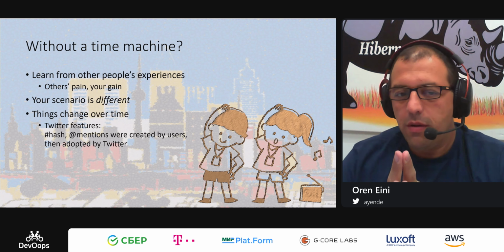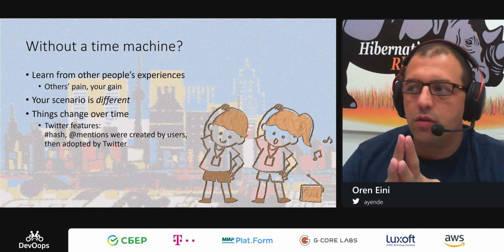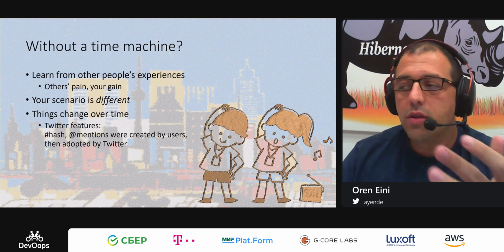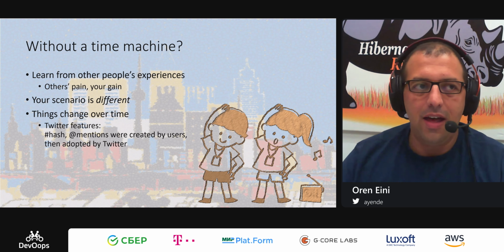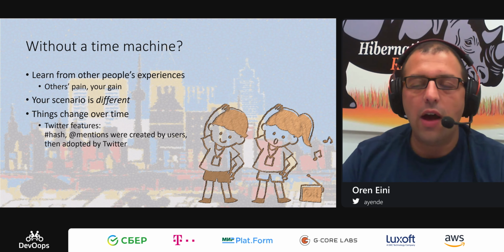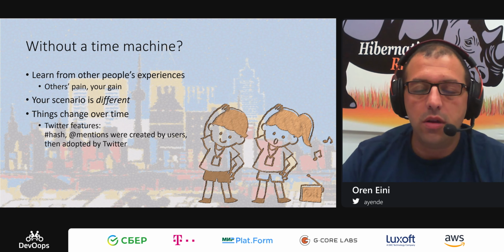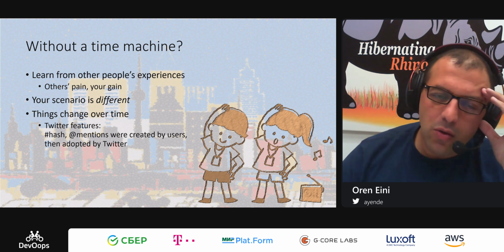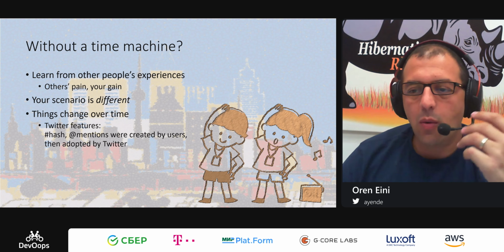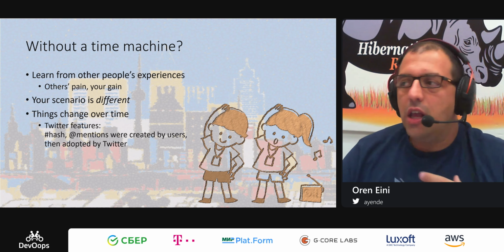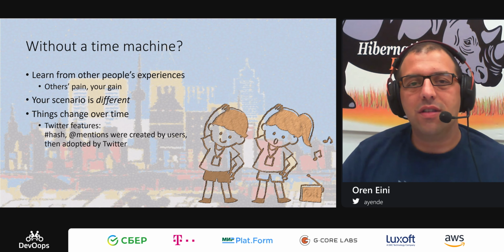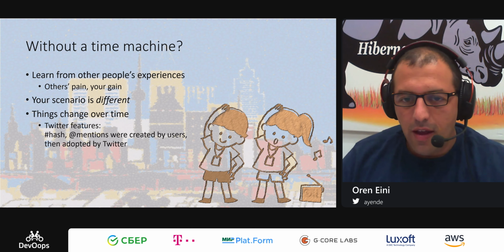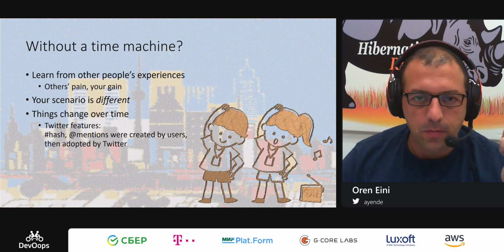In Twitter, for example, both hashes and mentions were not something that was created by Twitter itself. Users started using them. At one time, there were a lot of unofficial Twitter clients that adopted these conventions, and eventually Twitter adopted them directly. But think about what it means in terms of how it feels inside of Twitter. Our users are pushing us in a completely different direction. We did not design for that. We did not think about that. And now we have to adapt.